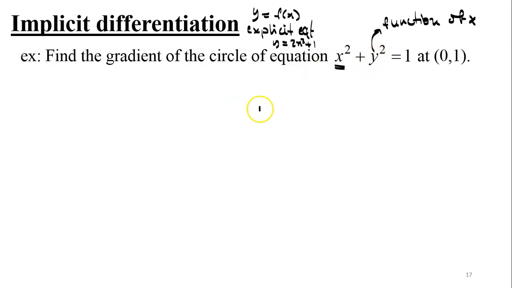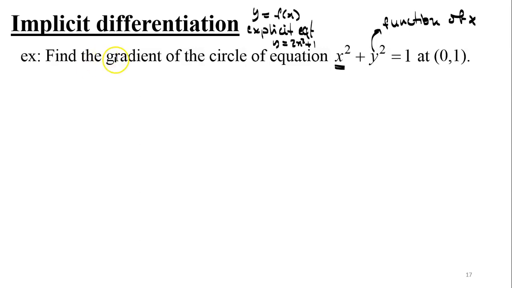Now, over here, you could think of possibly solving for y, but solving for y, with y being squared, would lead you to two possible expressions, plus or minus the square root of the expression, and sometimes you cannot even solve for x. It really depends on the given implicit equation. So this is when it's easier to use implicit differentiation in order to determine the gradient of that curve at